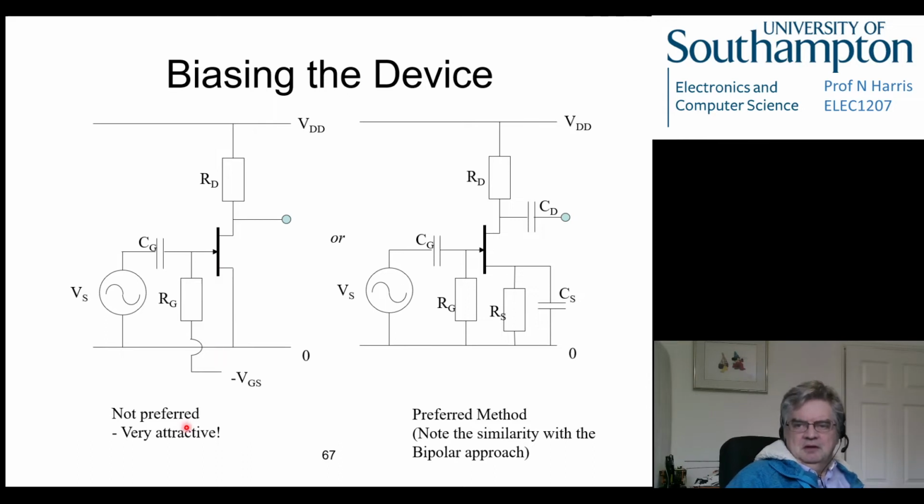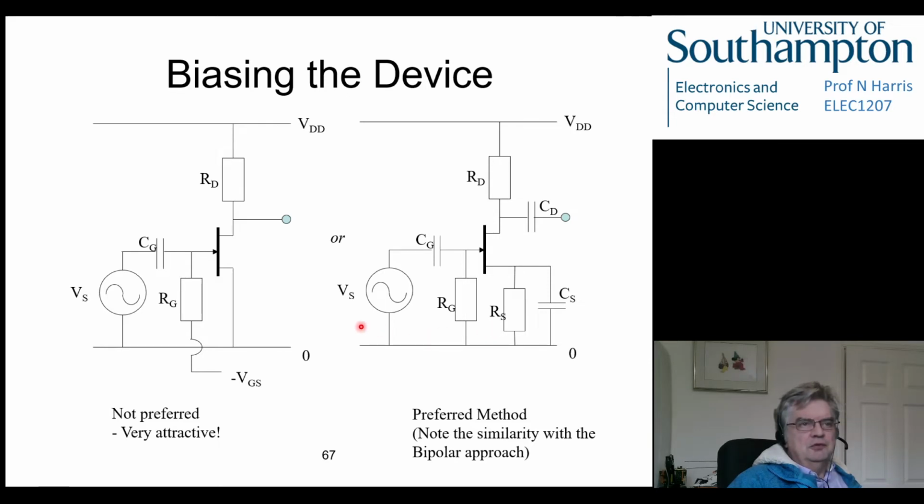Okay, it's a very straightforward approach. It's not preferred because it needs us to be able to generate a negative voltage, and we're trying to operate this on a naught and positive supply, so we end up having to build a third supply that's negative. We can do it, but maybe there's a better way of doing it. And if we took this other approach,